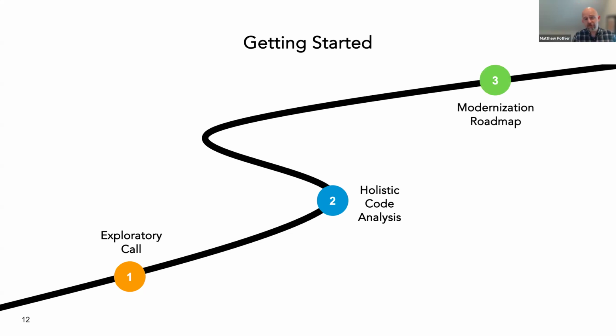So after that phase, it really leads to a roadmap, and this is a tangible roadmap with an actionable plan that can help you to make informed decisions. Whether you go with us or not, it arms you with the data that you will need to make the decisions on how to go about your app modernization journey.